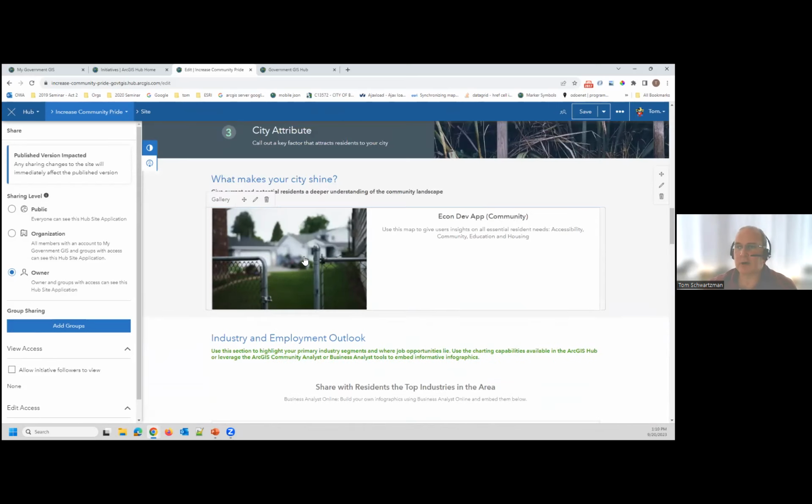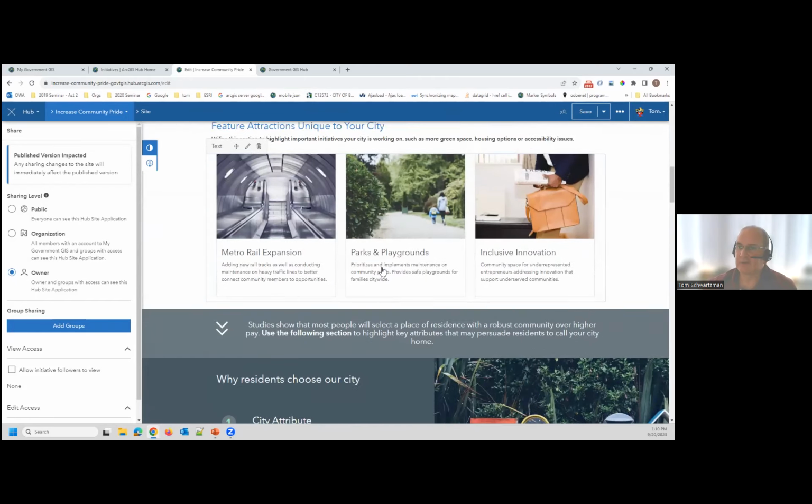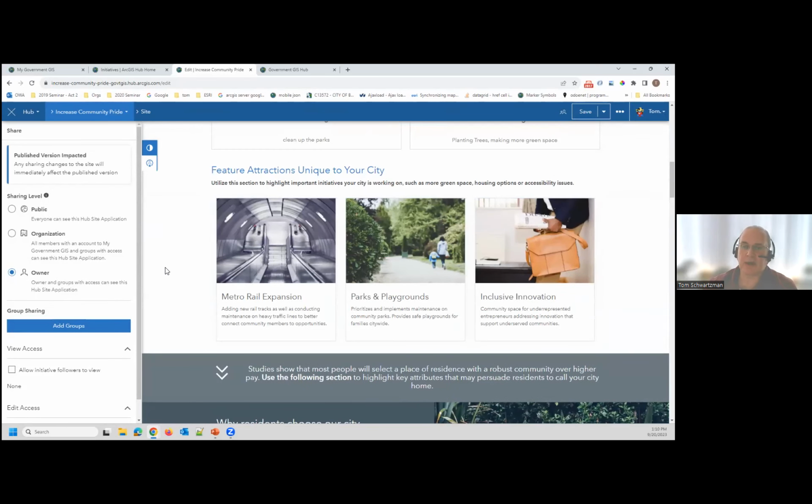That particular card or list of things will just not include things that the person does not have access to. So I think that's nice because it lets you have a public-private site in one site. The public gets to see what they get to see, and the internal people get to see not only what the public sees, but also some added things that are only available to them because they're logged in.